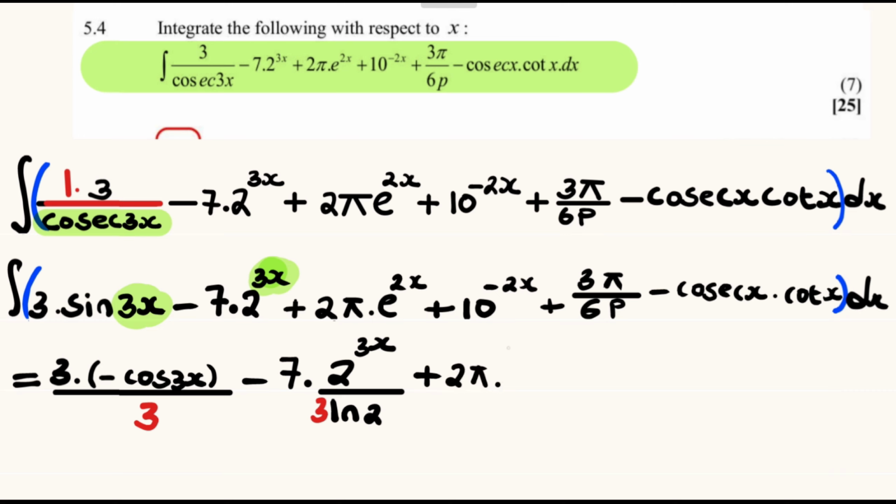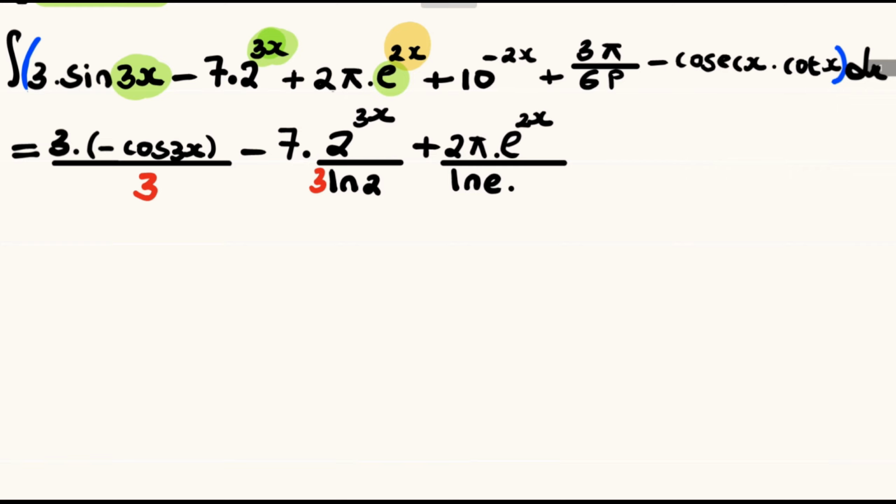And the integral of e to the power 2x will be e to the power 2x divided by the ln of the base, the ln e. So you don't have to write the ln e because ln e is equal to 1. But the derivative of that 2x is 2. So we divide by 2 instead of multiplying since we are integrating, plus the integral of the 10 to the